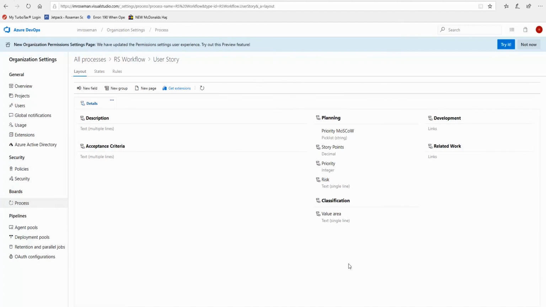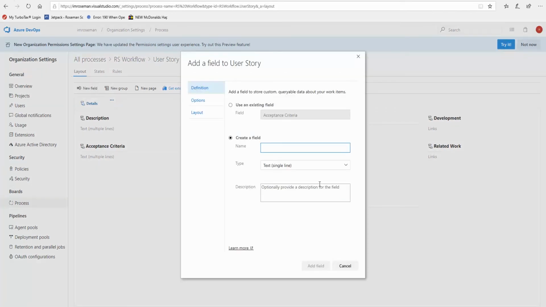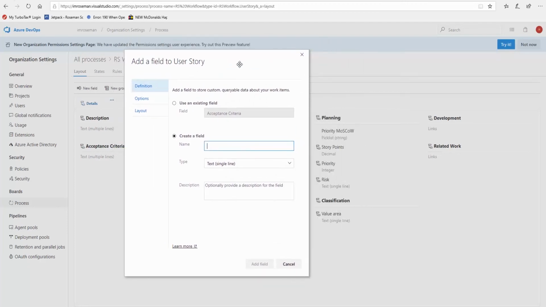So let's pick something else. So we have something called story points. We're going to say, let's add a field. And we're going to call it release tranche or release bucket. So the first thing we're going to do is create a new field. Release